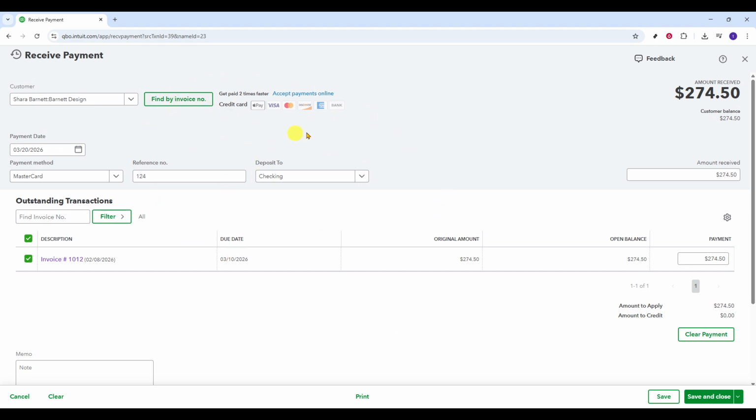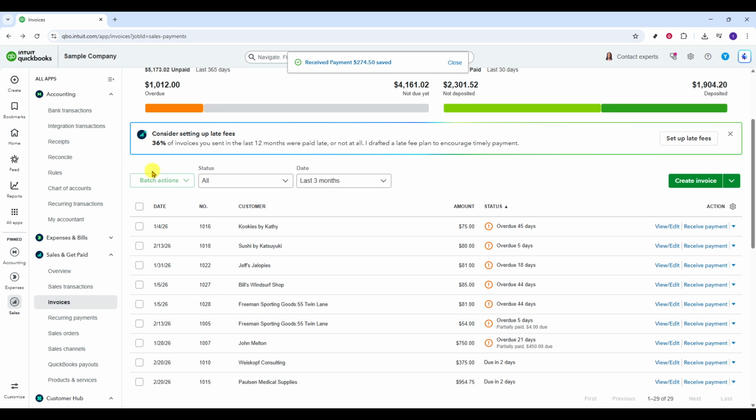When everything looks right, click Save and Close. QuickBooks will record the transaction, link it to the invoice, and update the invoice status accordingly. You can return to the invoices list to confirm it now shows as paid or partially paid based on the